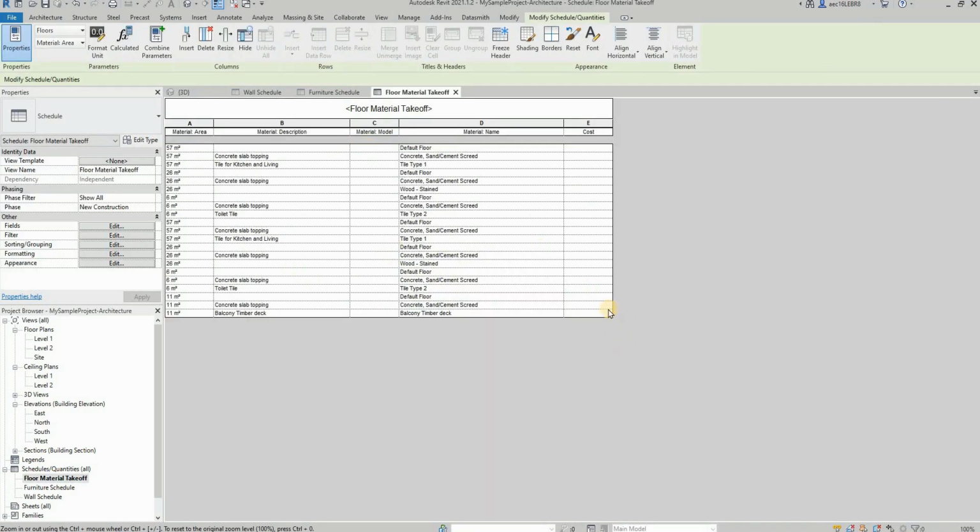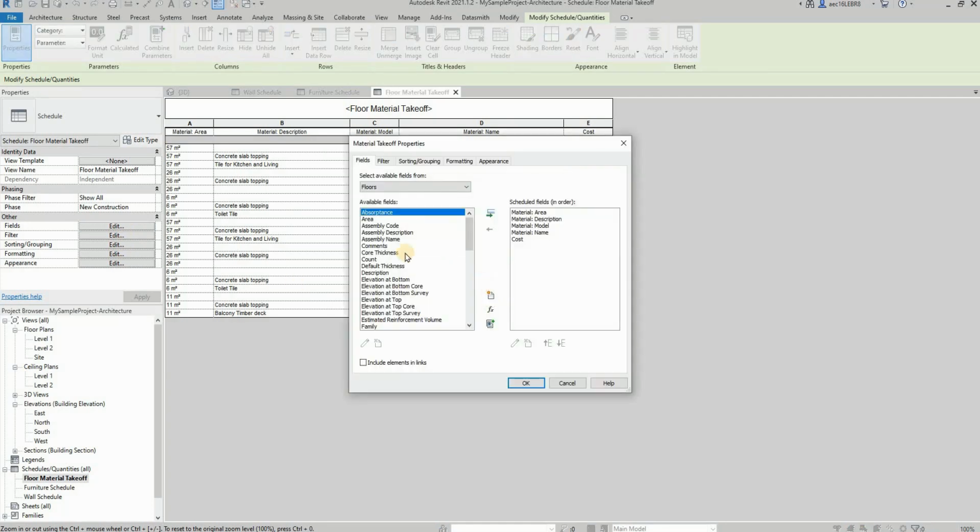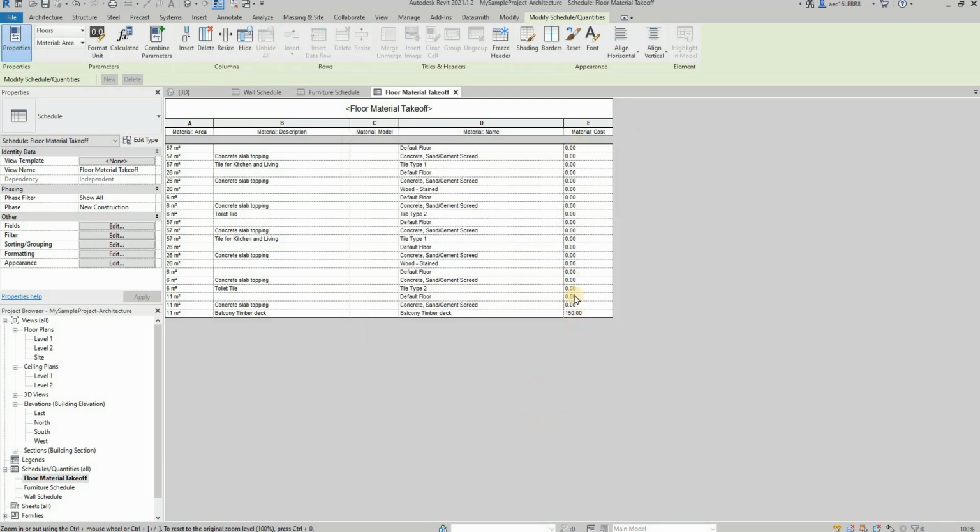So if it doesn't show here, it's due to your field. Okay, let's click on edit. This is cost. I don't want this cost. Maybe I need to incorporate the material cost over here. Then okay, so this is your material cost. Then you can see just now I've keyed in 150, so it appeared over here. So that's why how accurate the information you put inside your model is very important for this 5D scheduling,